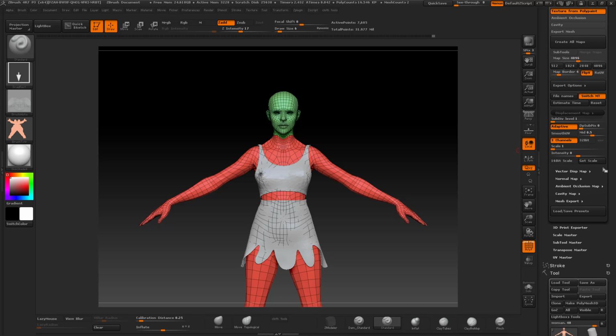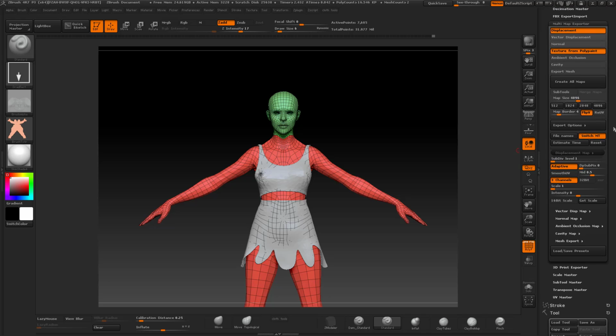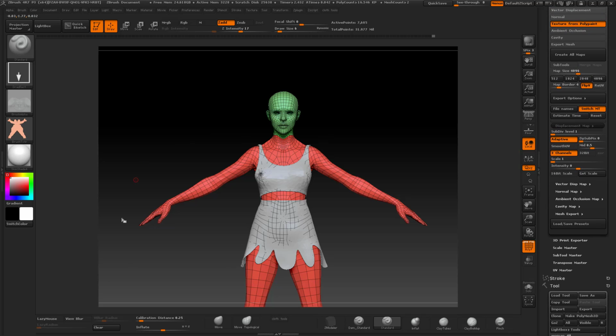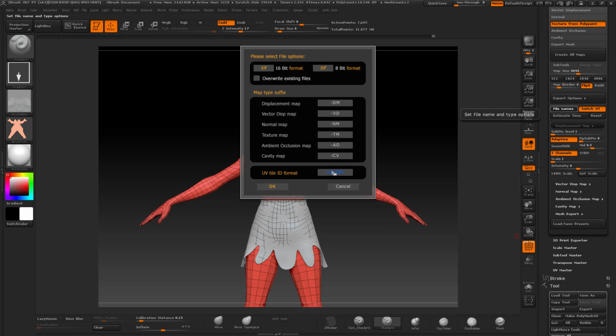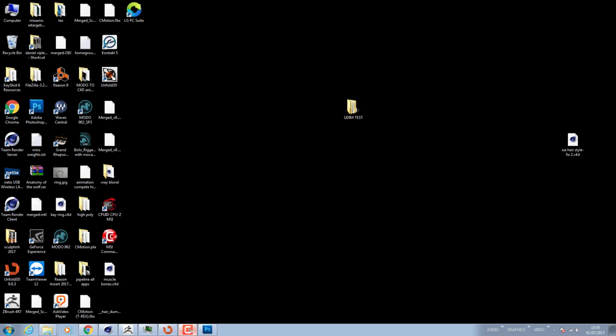You've got options specifically for the displacement, as you can see there, and that's really all there is to it. Once you've done this, you may want to change the naming convention, especially if you've got the model in one whole piece like this. You see file names? Well, if you just keep on clicking on this until in the end you'll see this option, UDIM. And what it will do is automatically add a special number sequence to each of the texture tiles. So as I mentioned in Unfold 3D,